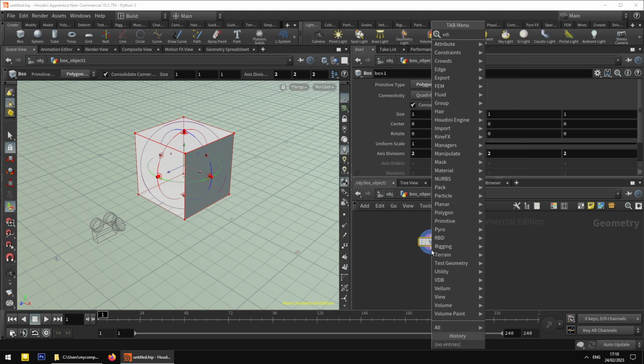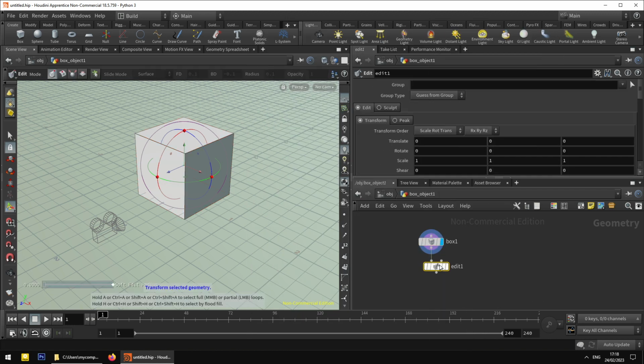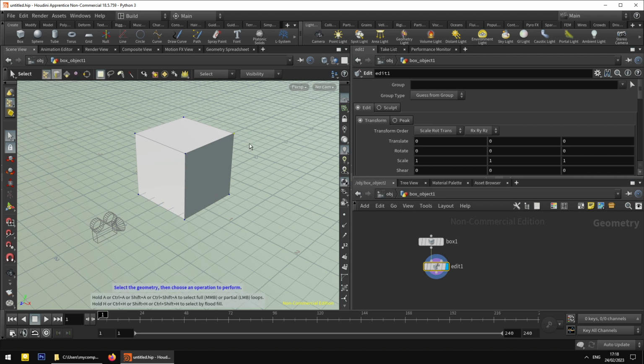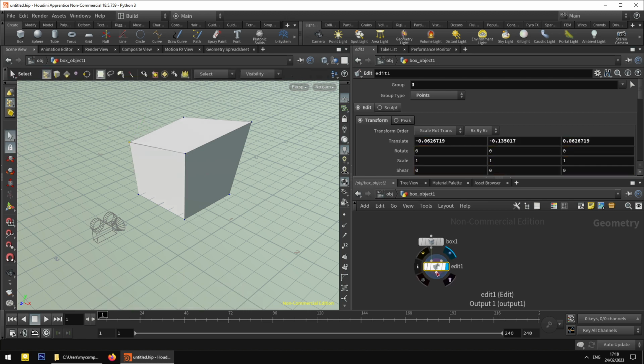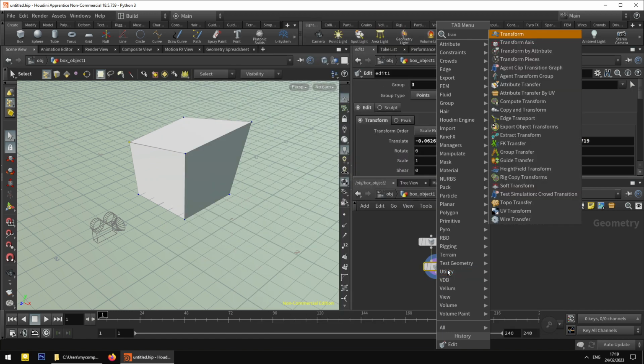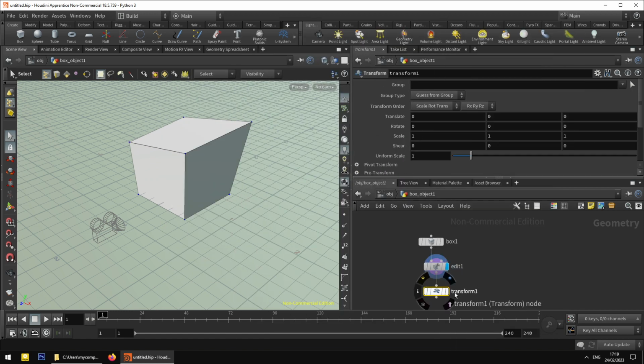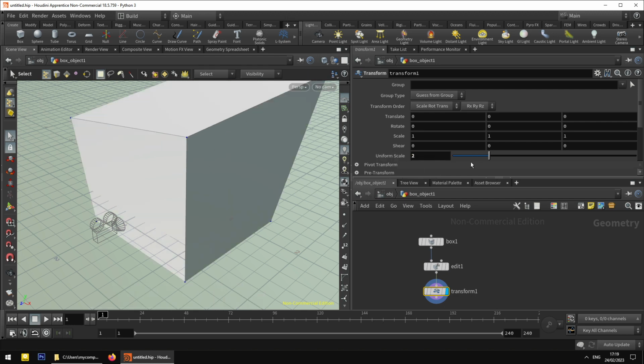So you can add an edit node, so you can edit the geometry, do all sorts of stuff. And then you can add a different operation, then do a transform, for example. And I want it to be twice as big, so you scale it, and